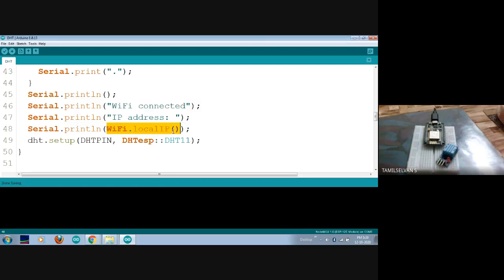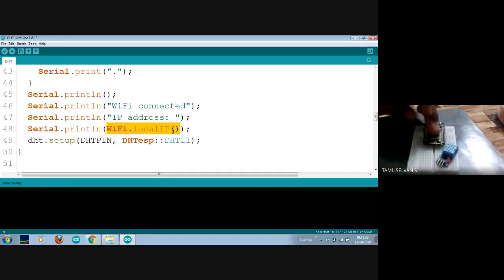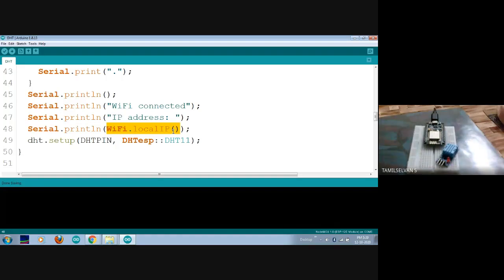This function will give me the exact IP address through which my IoT device will be communicating to the Wi-Fi router. So for that I'm just displaying it as IP address colon and a space, and I'm going to print my IP address through this function. Okay, so everything will be displayed in the serial monitor up to this.